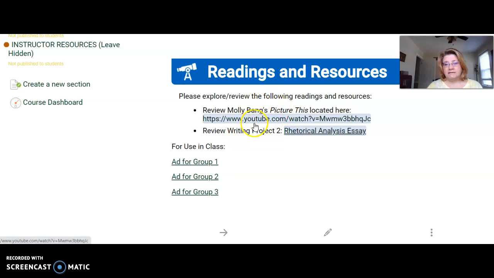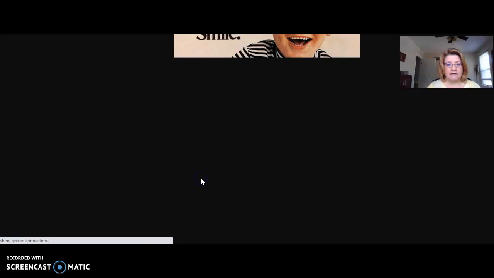So definitely take some time to watch Molly Bang here. She's talking about how the simple shapes, the size of a shape on a page, the color of a background, the placement of something on the page affects us emotionally in different ways. And obviously that would be good stuff to be able to apply to your ad and get you closer to those 4 pages. So I just want to look at an ad that we did in class,